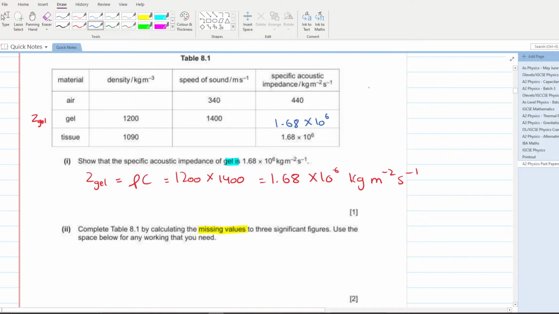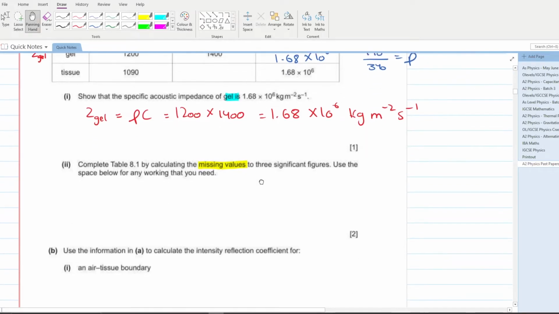So for air, you can write this. For air, your specific acoustic impedance is 440. Your speed of sound is 340. Can you calculate the density? Yes, 440 divided by 340 is equal to your density. Let's calculate density. 440 divided by 340, this comes out to be